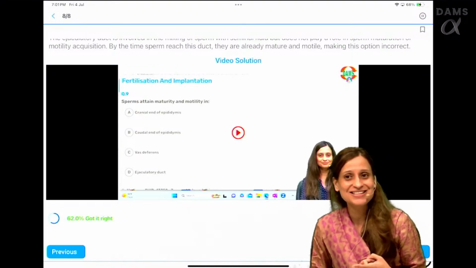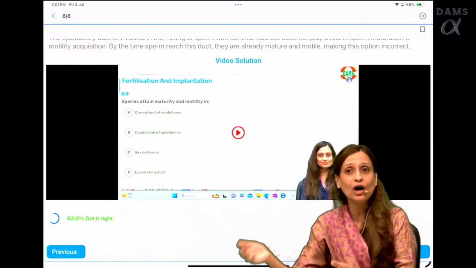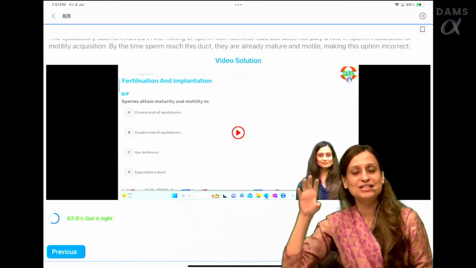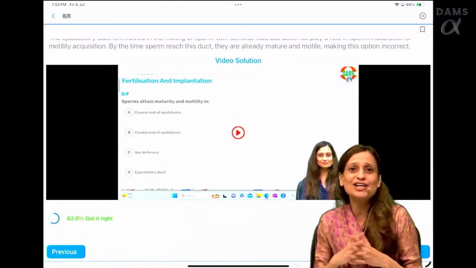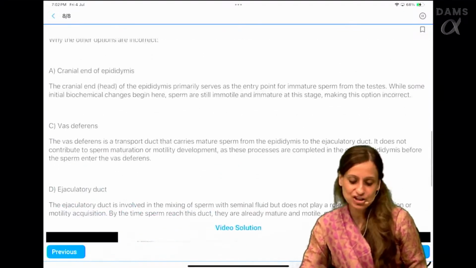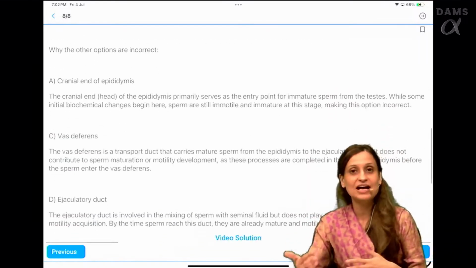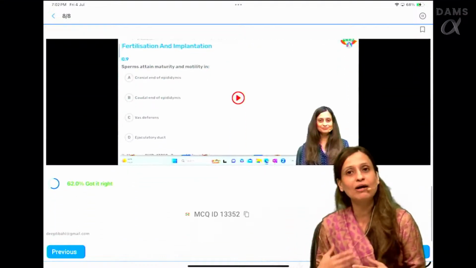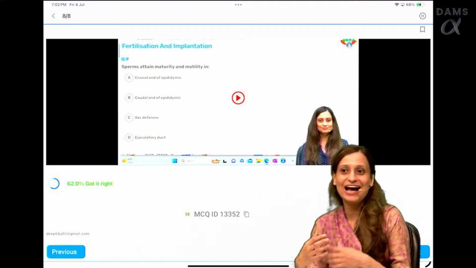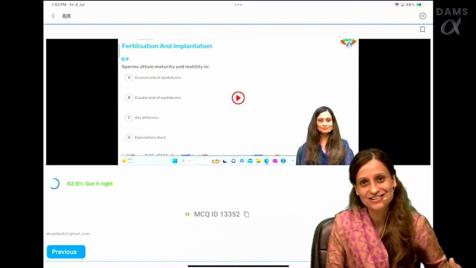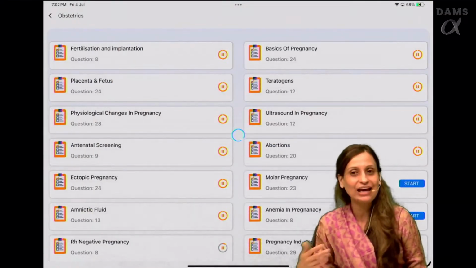So whether it is PYQs in INICET, PYQs in NEET PG, PYQs in FMGE, or MCQs in every subject itself, they come with video discussions, and these are not very lengthy. See, our explanations are also based on why B is the answer, why others are not the answer, and so is the format of the audio discussions, right? So, why something is an answer and why something is not the answer. So this is not just for obstetrics. You would see it like this for every subject.